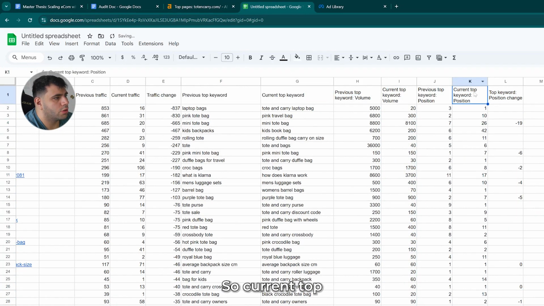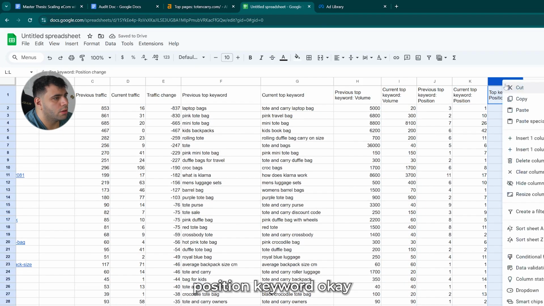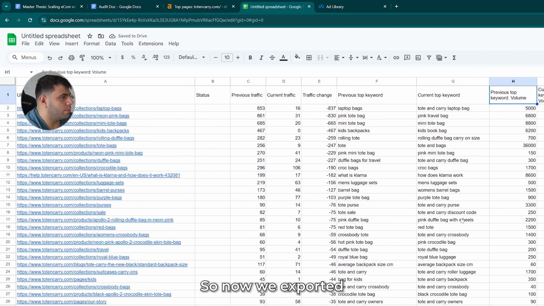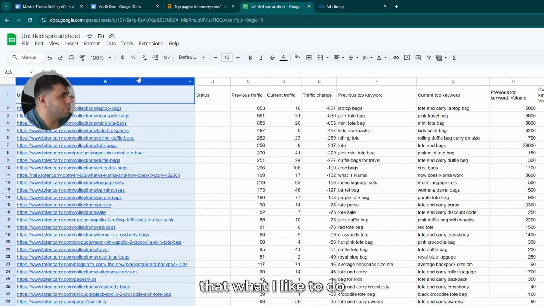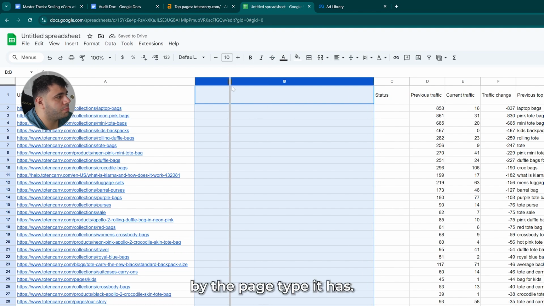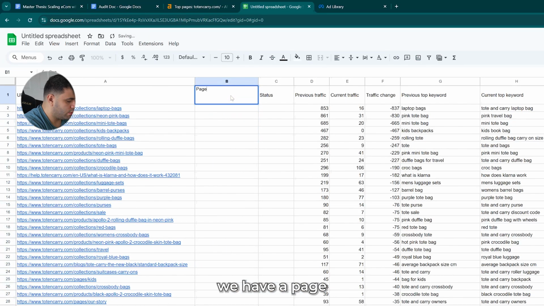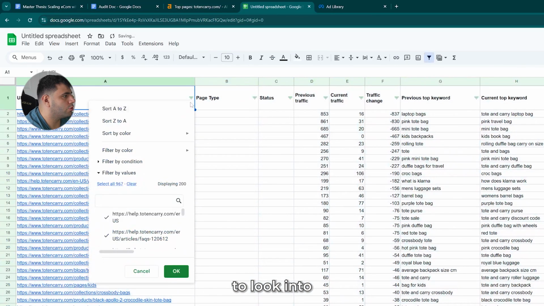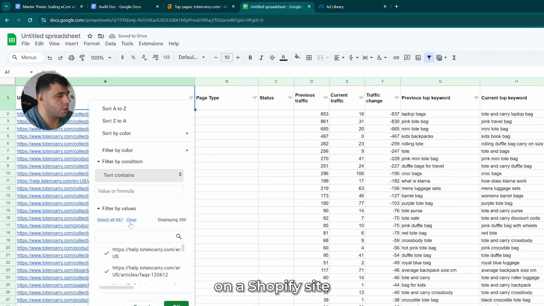All right, so current top position keyword, okay. I don't care about this. All right, cool. So now we exported that. What I like to do is look into patterns with the performance. So I like to label each page by the page type it has. So let's say we have page type here, and I'm going to filter this and look into the 3 page buckets on a Shopify site, which are collection pages,